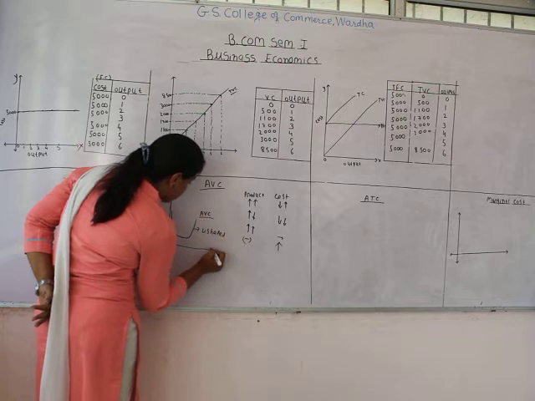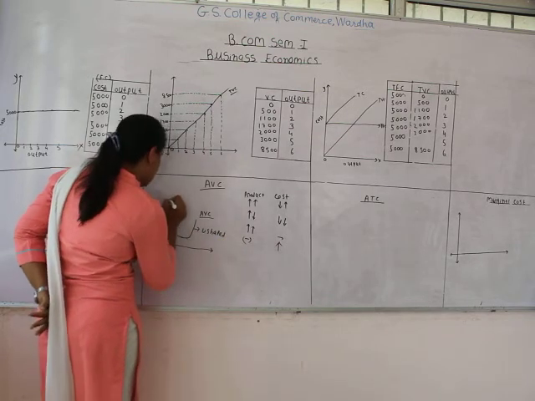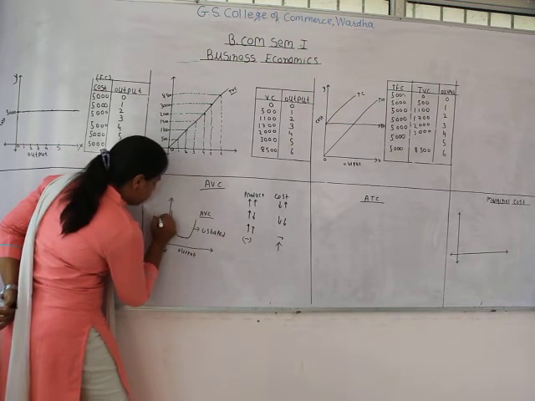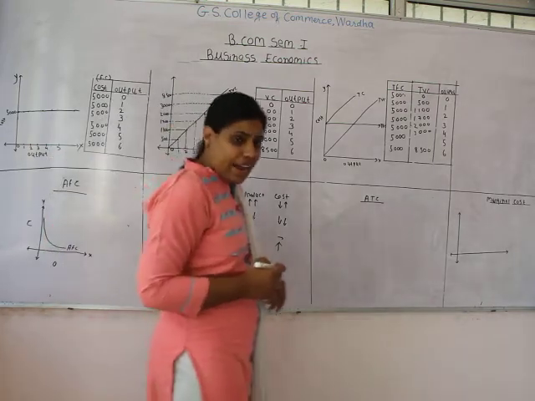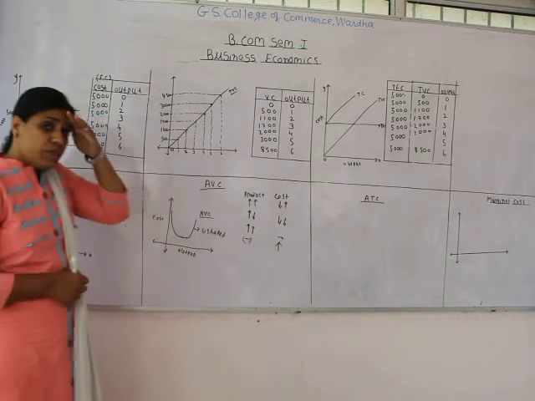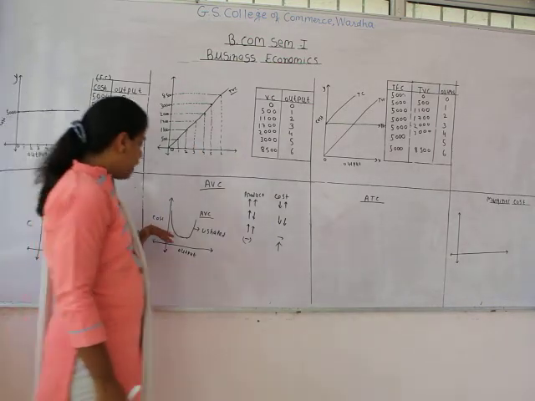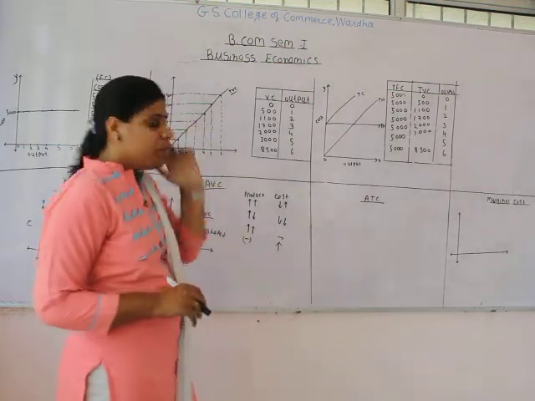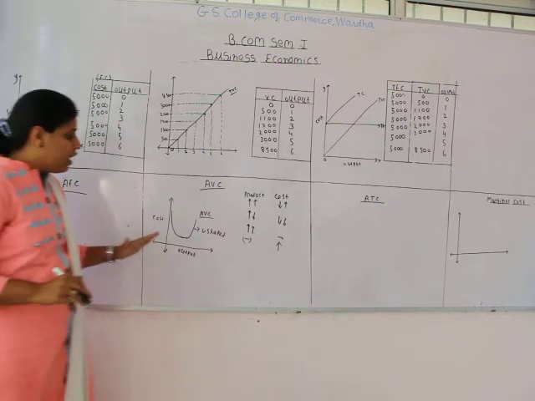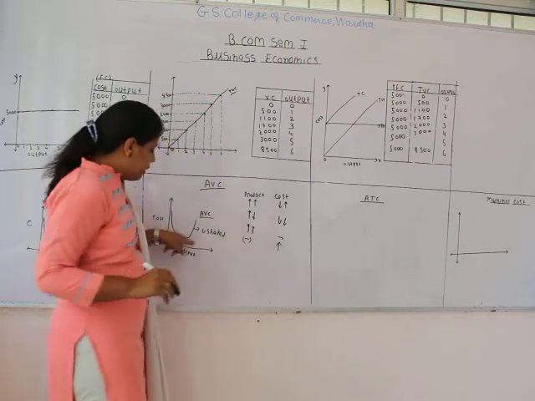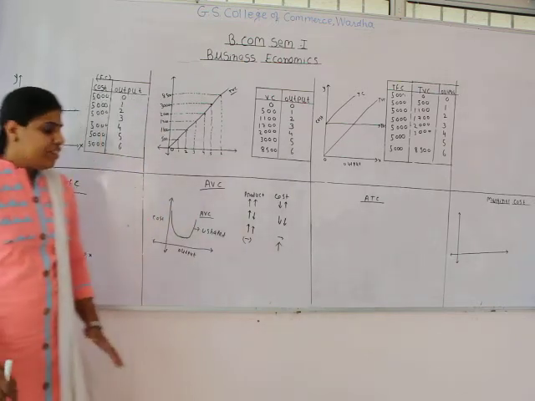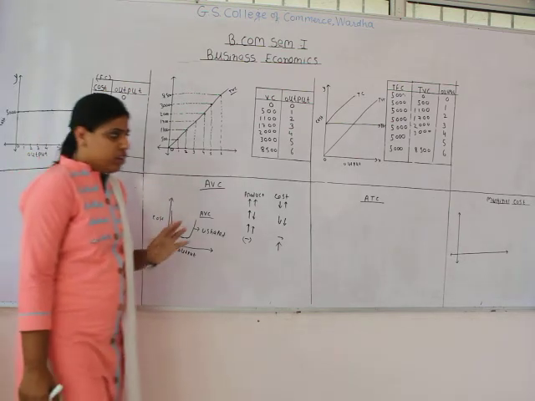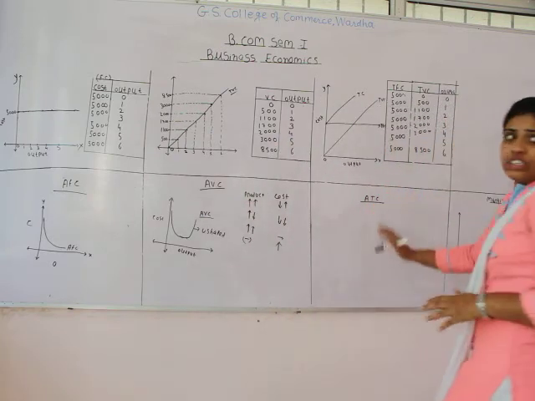Here you get a U-shaped curve, which shows that when your output is increasing at an increasing rate, your average cost will decline at a very fast rate. When there are constant returns to scale, the average cost will become constant for a certain period of time, and when your output becomes negative, your average cost will start increasing. Here it's going up. So this way, in case of the average variable cost curve, you get a U-shaped curve. The next one that we are going to see is average total cost.